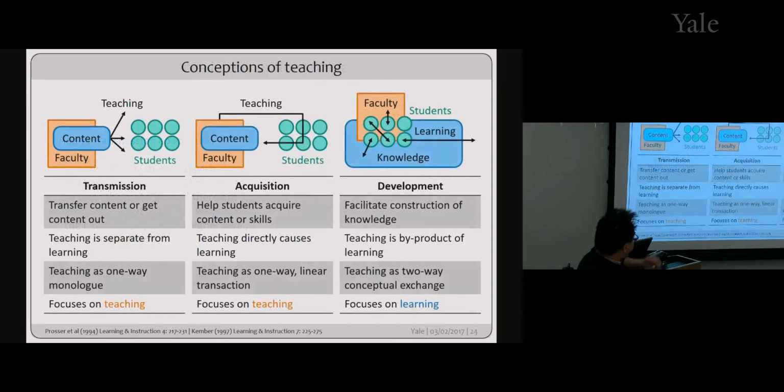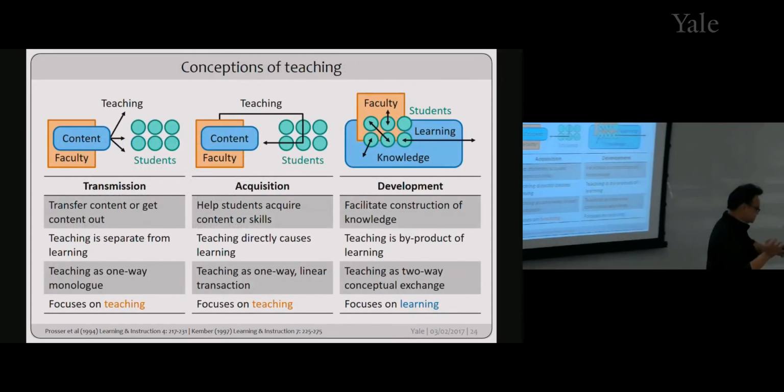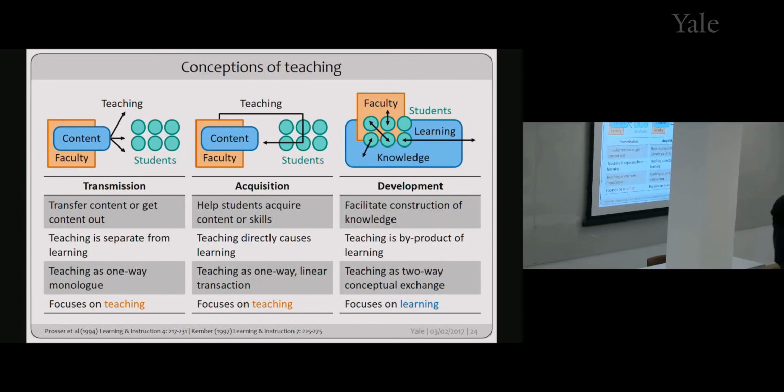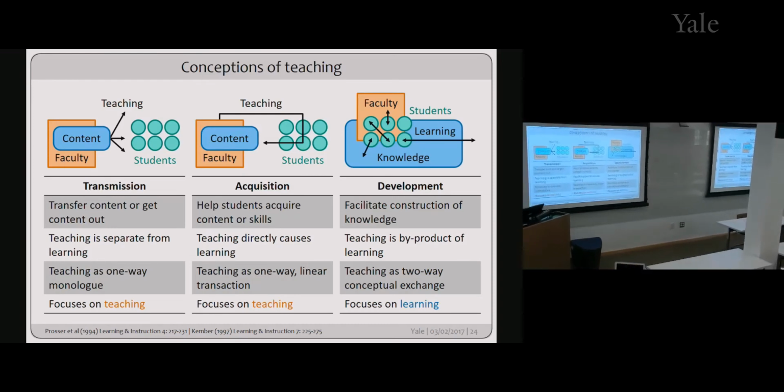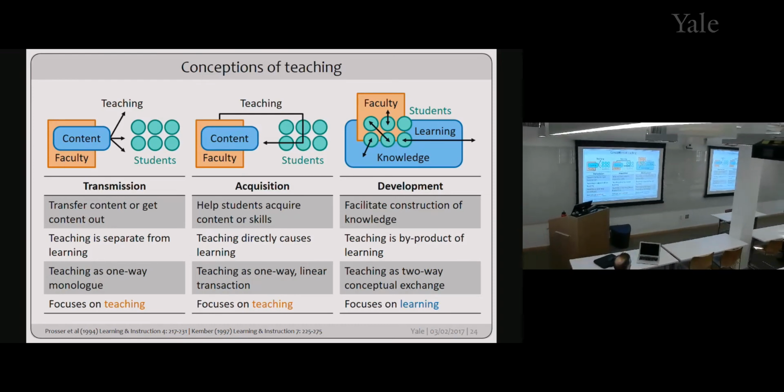Right, so I'm actually going to give another analogy for these three things before we go on. You know there's this fable about how you give a person a fish, you feed them for a day. That's sort of the transmission one. And then the acquisition one is when you teach a person how to fish, and you feed them for a lifetime, I guess. And the development one is we basically teach students so that they can invent fishing when the time is right, and then they can feed humanity forever. And so those are sort of the three different kinds of things that's going on.